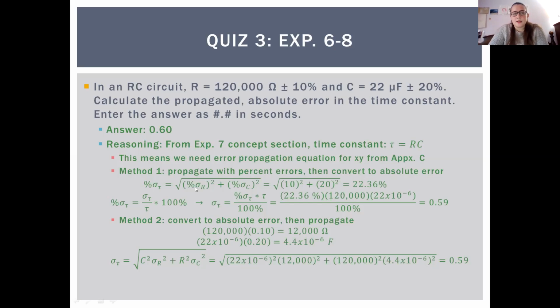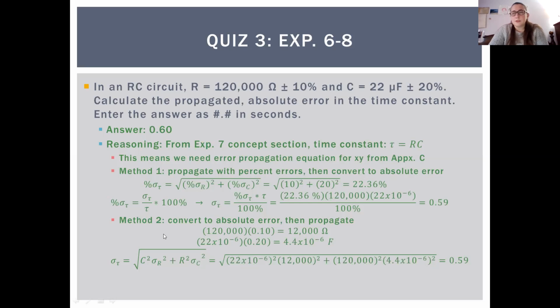So we plug in our percents. Percent error in resistance squared is 10 squared. Percent error in capacitance squared is 20 squared. And so the square root of that gives us 22.36%. So to convert that from a percent error to an absolute error, we use this equation for percent error, which